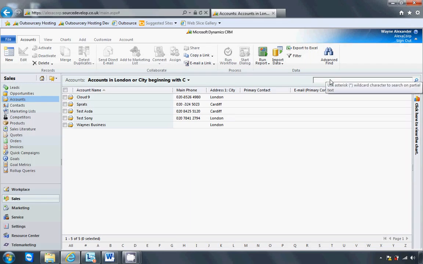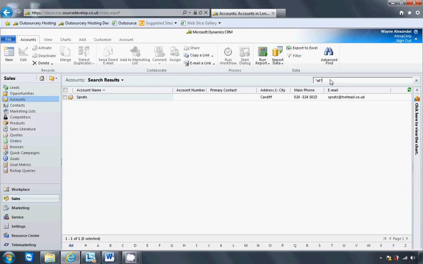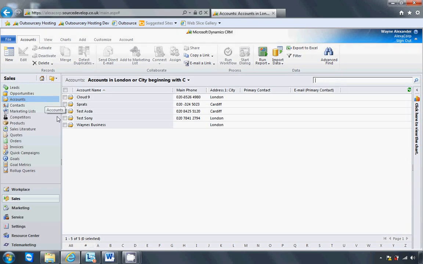Or I can use the wildcard, which is an asterisk. I'll do AT and another asterisk, and what the system does is it looks for AT anywhere within the account name or the account email address, and it will bring it up. So you can see there's one there for Sprats. So we still have that functionality of the quick find, but some new functionality that we have in terms of navigation is